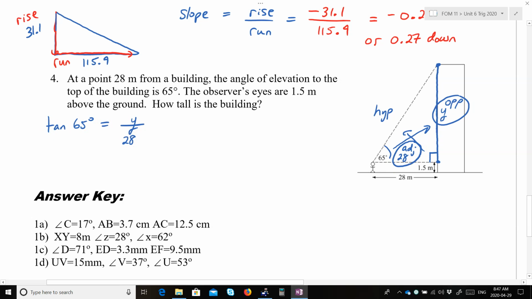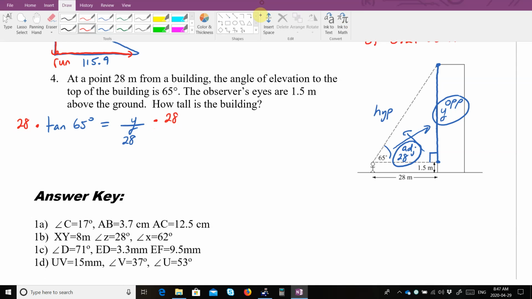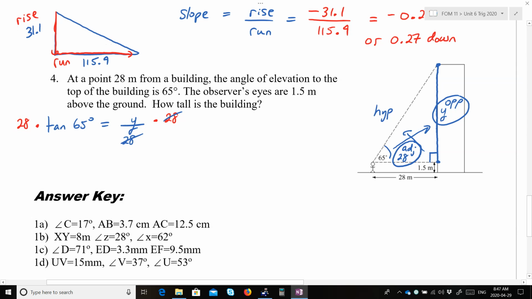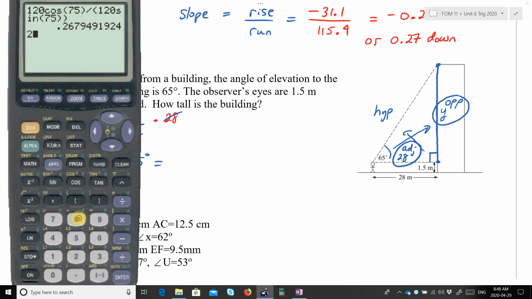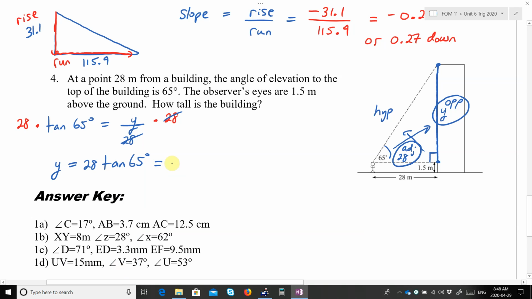The adjacent is 28. Multiply both sides by 28. And we get y equals 28 tan 65, which is 60.0